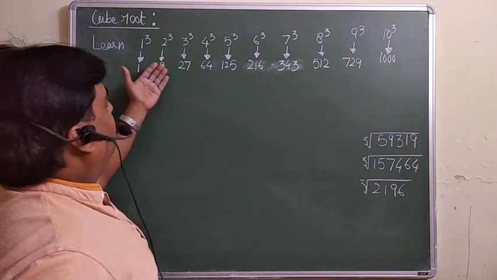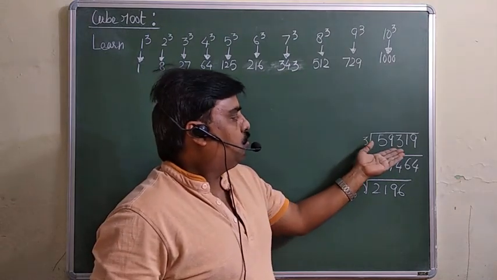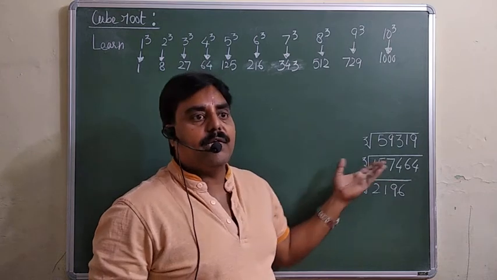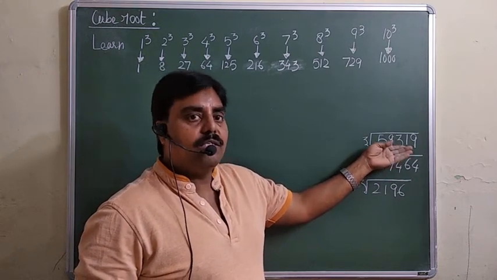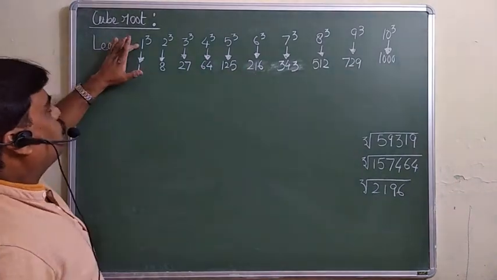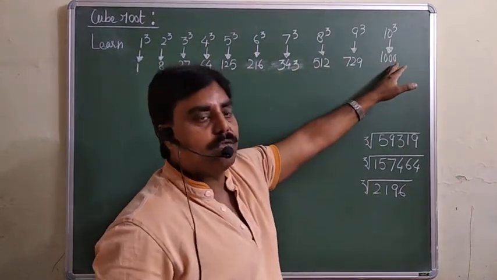Okay, now we are going to learn the shortcut. How can you find the cube root of these numbers? I am taking a few numbers here, then we will try to understand how you can find the cube root within 2 to 3 seconds. But before that, उससे पहले हमें ये चीज समझना है. You have to learn this: केवल आपको learn क्या करना है? You must know the cubes of 1 to 10.